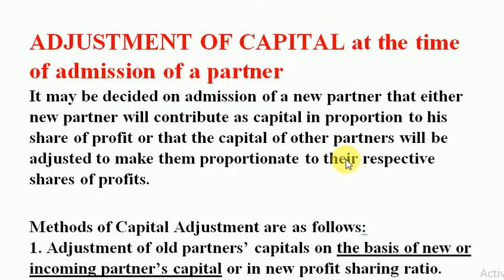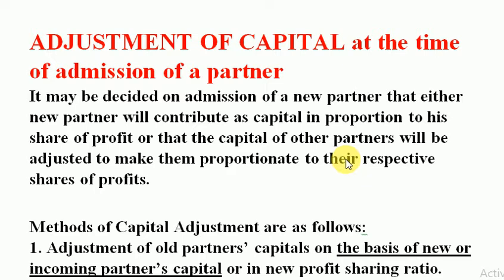So, here we are with a new topic in the chapter Admission of a New Partner. Till the last class, we have practiced full questions, which include preparation of revaluation account, partner's capital account, and the reconstituted balance sheet of the new firm. It also includes steps for calculating sacrificing ratio, the journal entries for the capital and premium brought by the new partner. And I've also taught you to make cash account or bank account as per the question. So those are the 6 steps in which we have learned how to complete a full question.